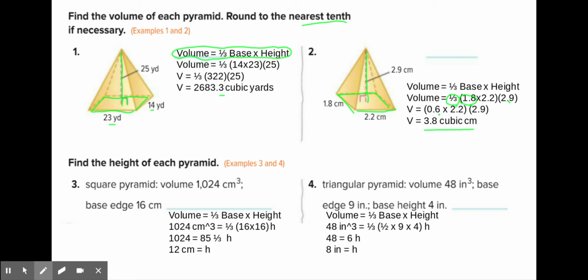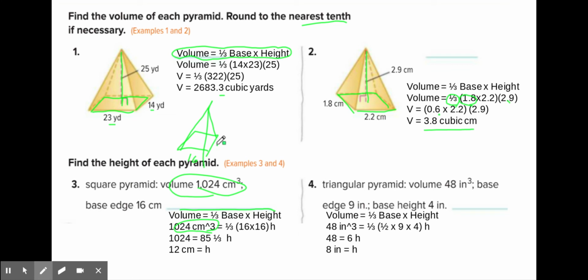Well, if you have your formula, guess what? It gives you the volume. That's right there. And then it says the base edge of a pyramid here is 16. Well, let's say that you have that square pyramid here, and everything like that. Well, if this is 16,